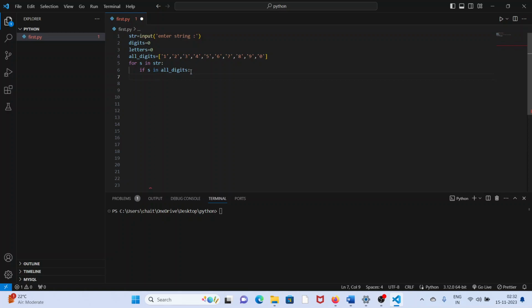increment here: digits equals digits plus 1. Else, letters equals letters plus 1. Simple program. And output, print